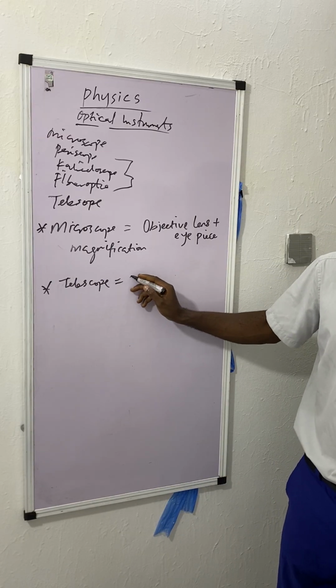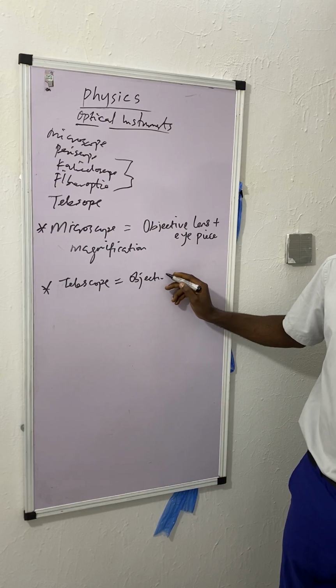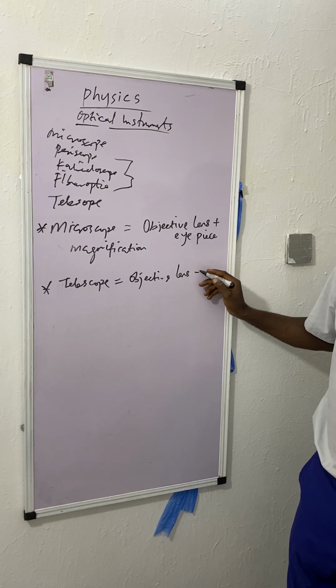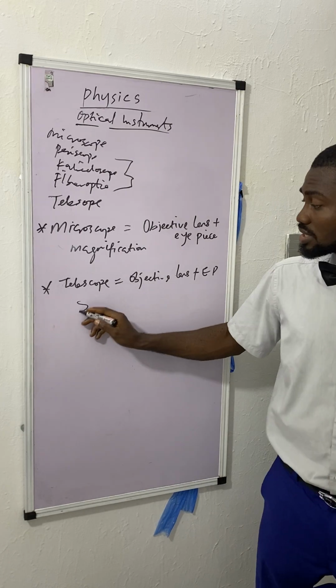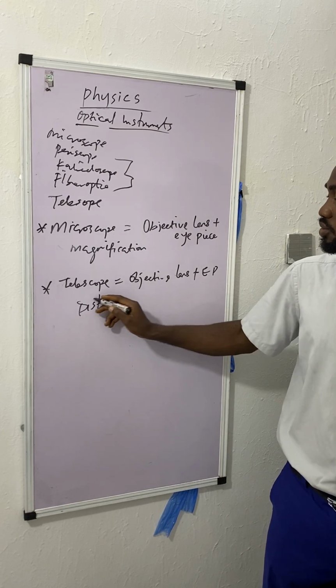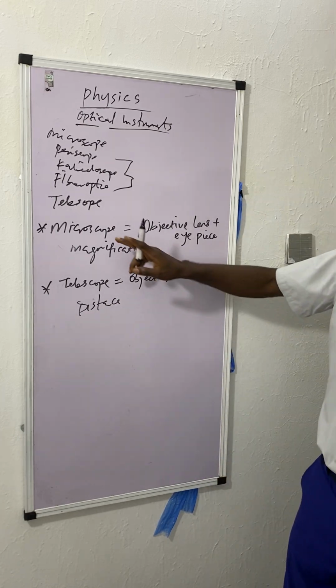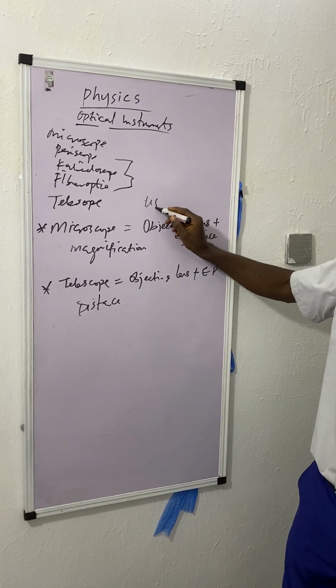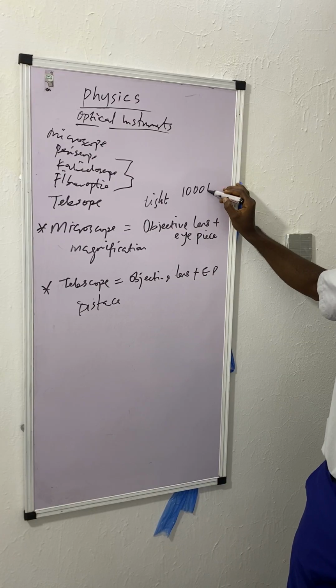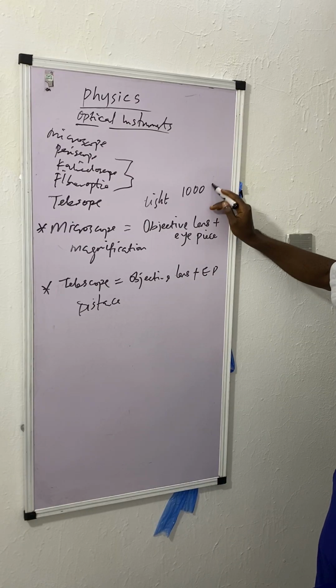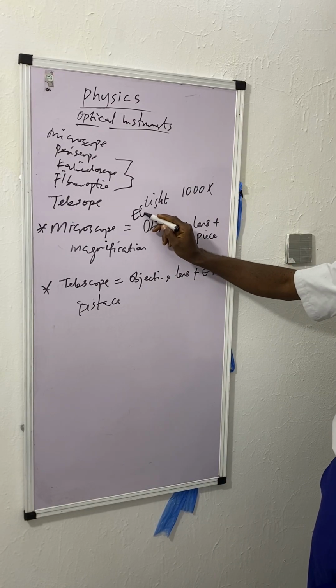We use it to view distance, equal to objective lens plus eyepiece, for distance. To view distance. All right. So here we have two types of microscope. We have light microscope, which can give you about 1000 times magnification. Then we have electron microscope,